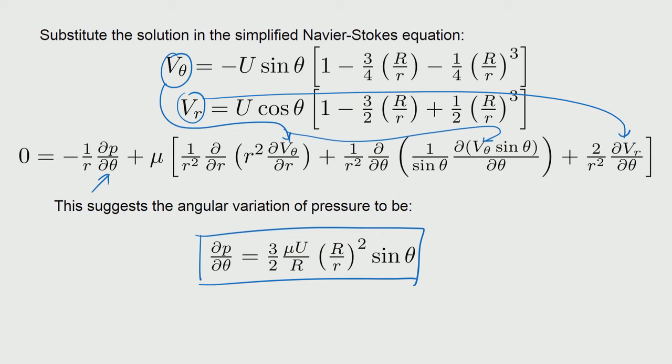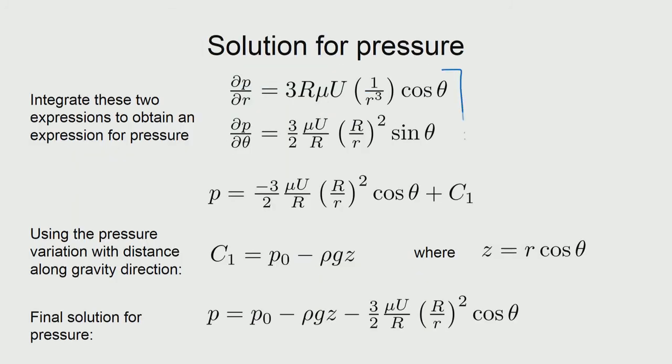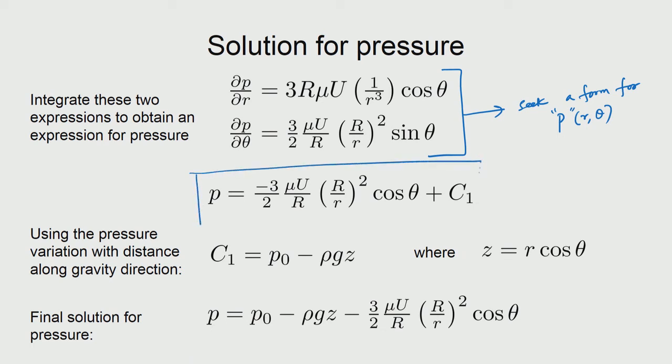Okay. So, do try out by substituting the velocity components in this equation and arriving at the pressure variation as written here. That is a couple of steps of algebra, but quite straightforward. So, these are the two conditions, and from here we seek a form for the pressure. Okay. So, we want it to be a function of r and theta, and we only know the differentiation with respect to r and theta. So, by looking at them, we have to guess what kind of a form would allow us to get this, and this solution is then suggested as follows, and C1 is basically the integration constant.